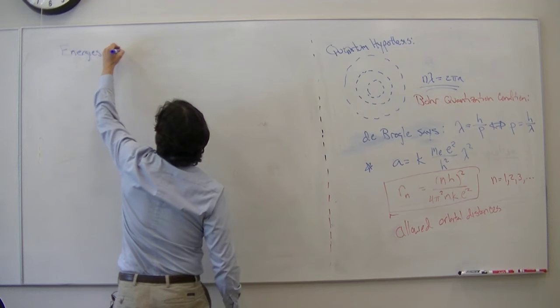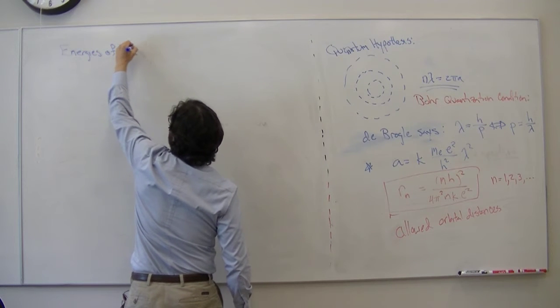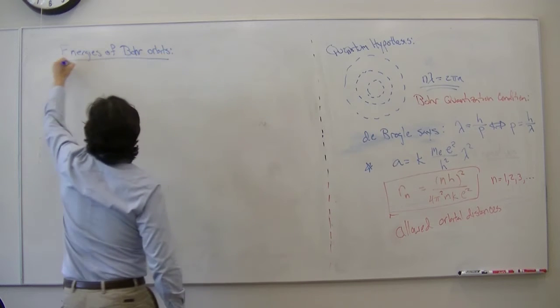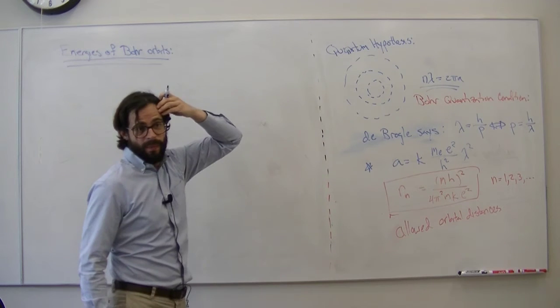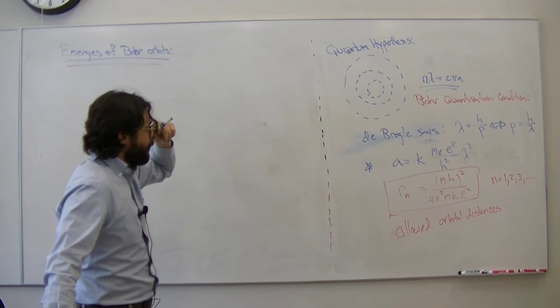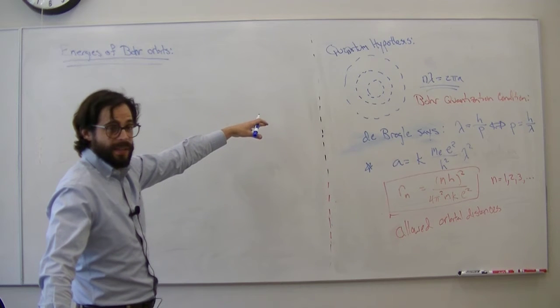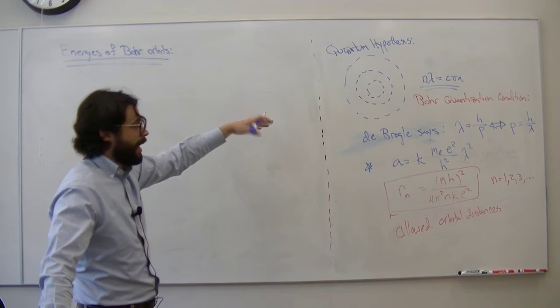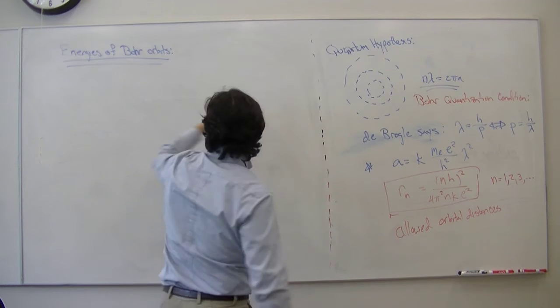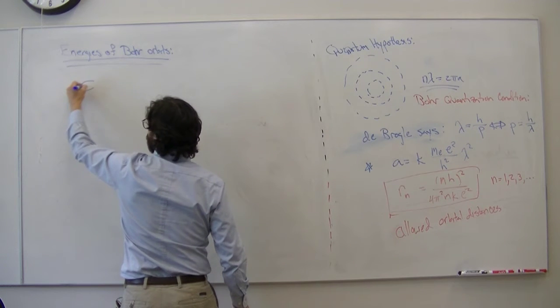So we could ask the energies of Bohr orbits. And the first question is, what is the energy of a thing in such an orbit? Well, I don't see any friction, so it's going to have mechanical energy only. So it's going to have kinetic energy, and it's going to have potential. So the total energy